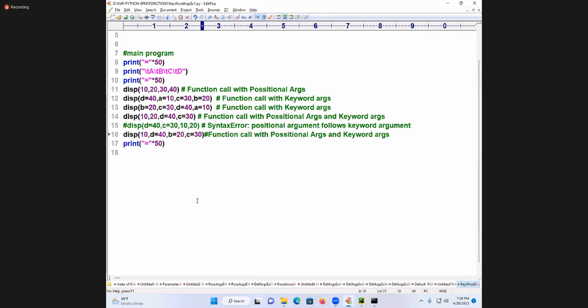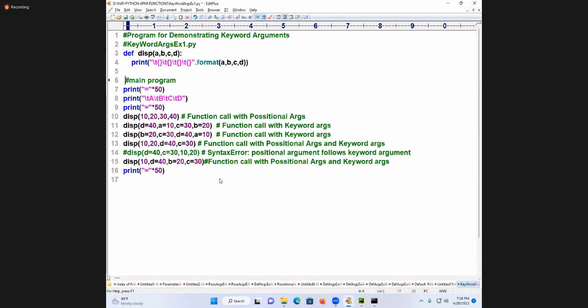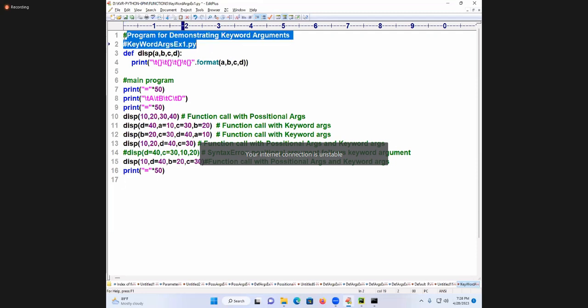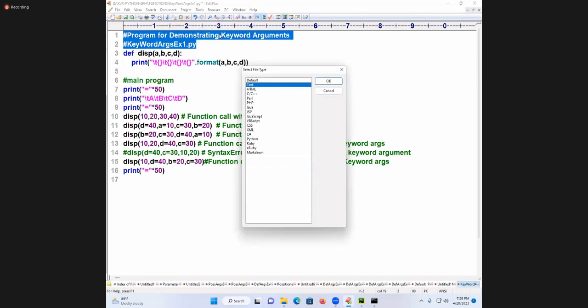Another example, students. It's one simple example on this area. Next, I'll go for one more thing. What is the next meaning? Something like this. Follow me carefully. Here I am going to take up one more example. Follow, here I am writing